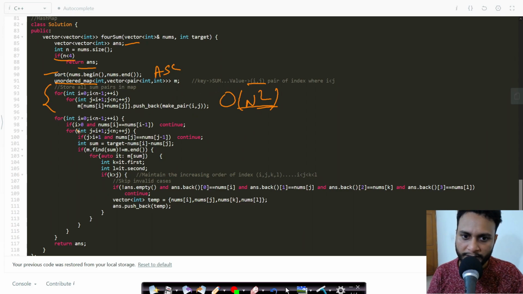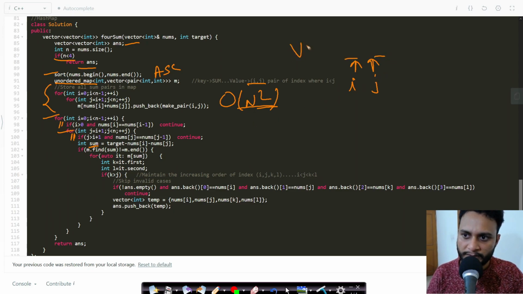Once you have found all possible 2 sums, we will be repeating the process for i and j. So this is i and this is j. This part was commented for the previous explanations. This was for skipping all the adjacent equal elements, so I haven't commented it here. Now for all the values of i and j, we need to find the sum.